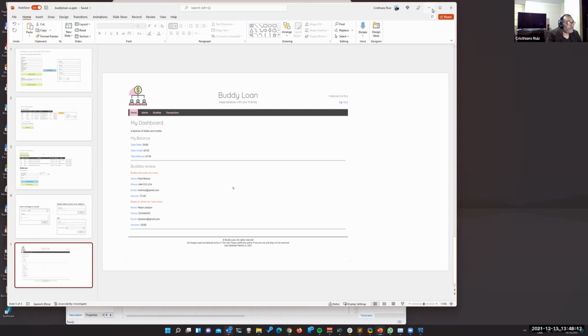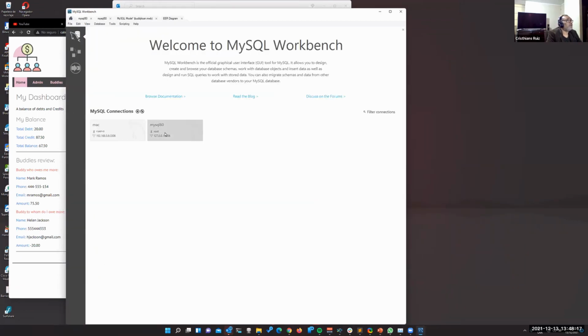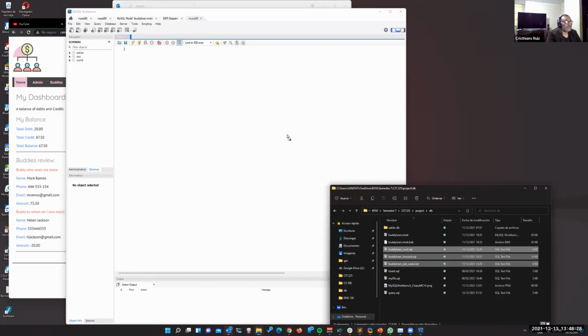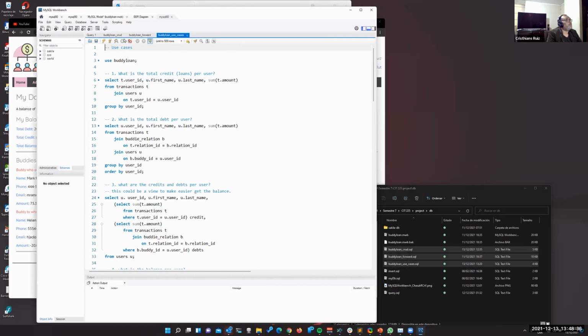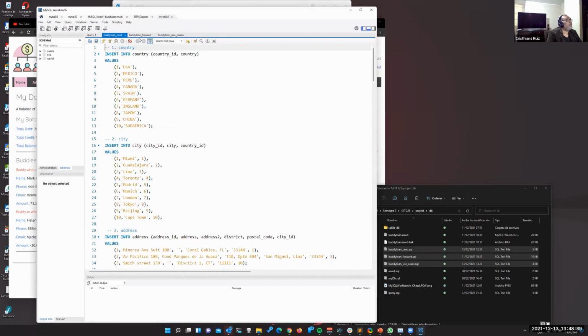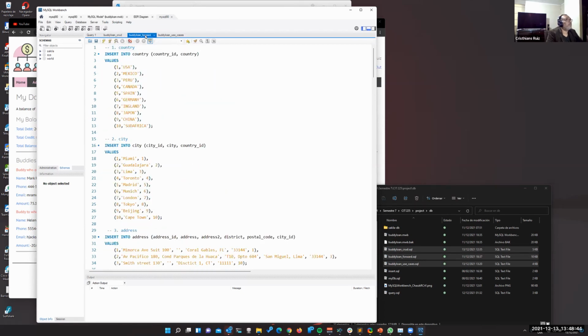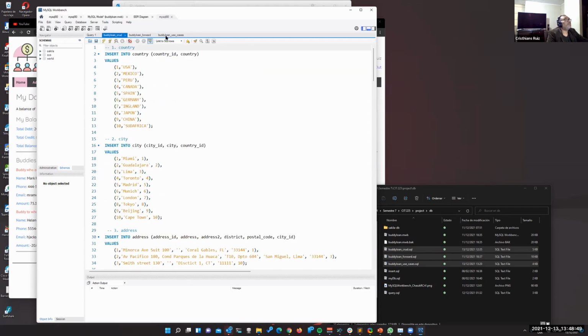So let's review. Let me go to the server, the MySQL client. Let me open my queries. Okay, with the diagram we discussed earlier,